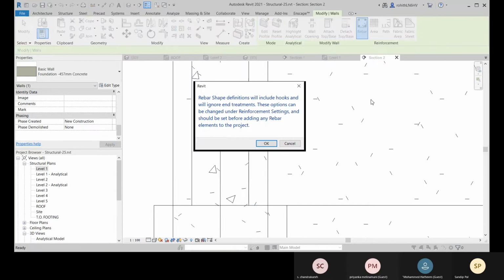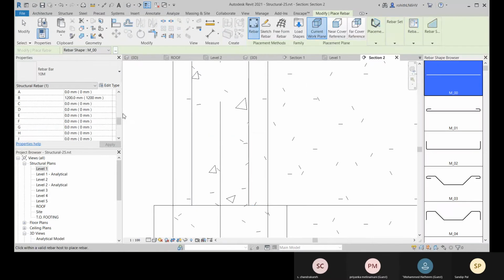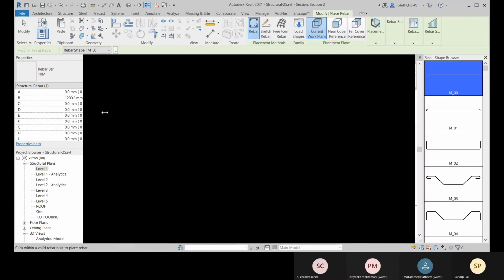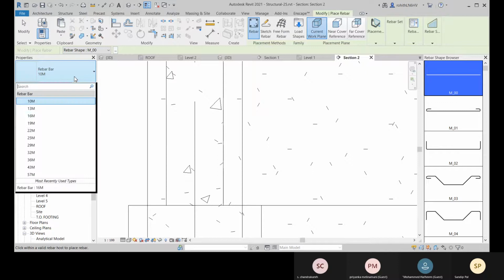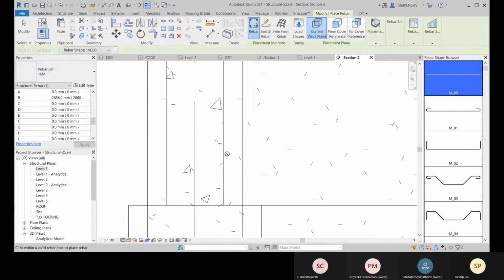Okay, now let's go for rebar. There, click on OK. Now if you snap it here, let me change this to fine so that you can get this, and you can change the dia. So let me go with this 16 mm, and here you can see that it will snap to that last.